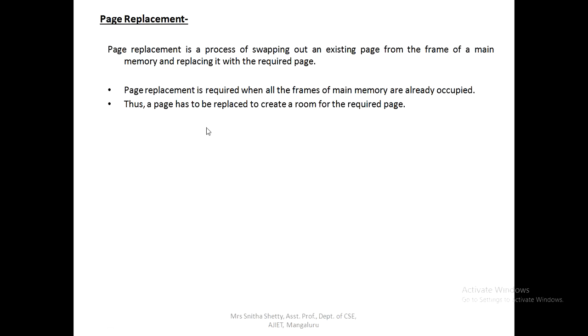So when does page replacement come into the picture? When the processor requests some data, if that data is not present in primary memory, then the data has to be retrieved from secondary storage.